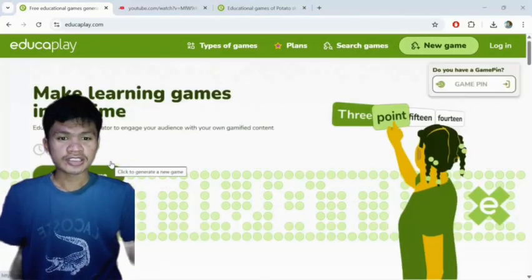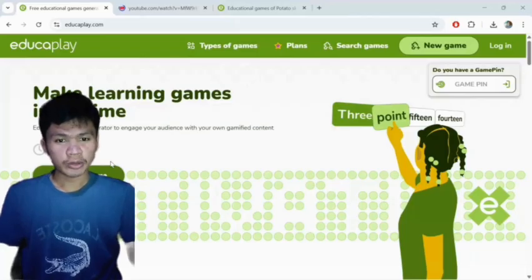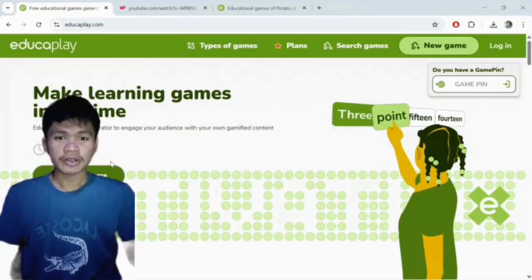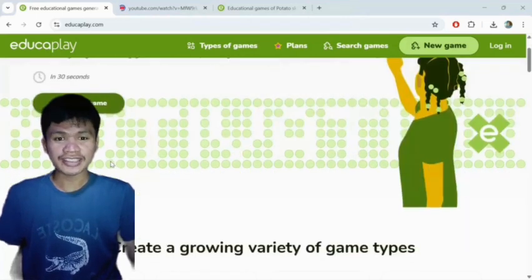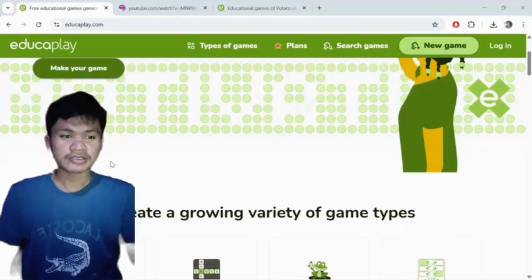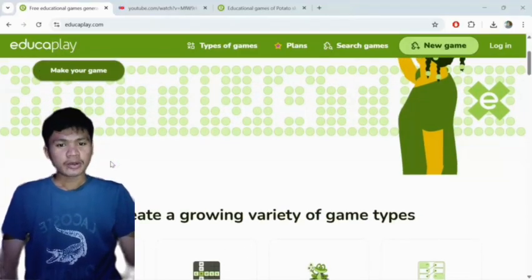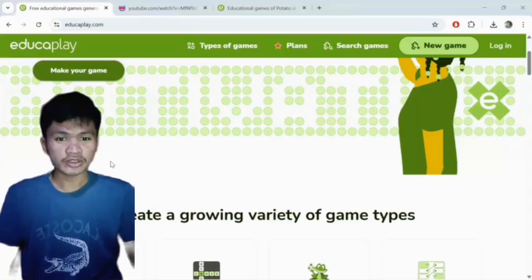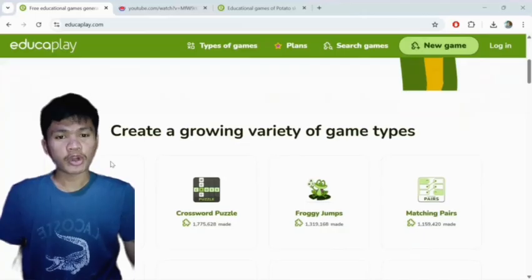Before we start, I'll just give you some details about Educaplay. Educaplay is an online platform designed to create interactive learning activities such as quizzes, riddles, matching games, and video-based exercises. One of its most powerful features which I will be using is the video game. However, what I will be using is not the only platform available here at Educaplay. So before I introduce what I will use, I will give a brief introduction about the various types of